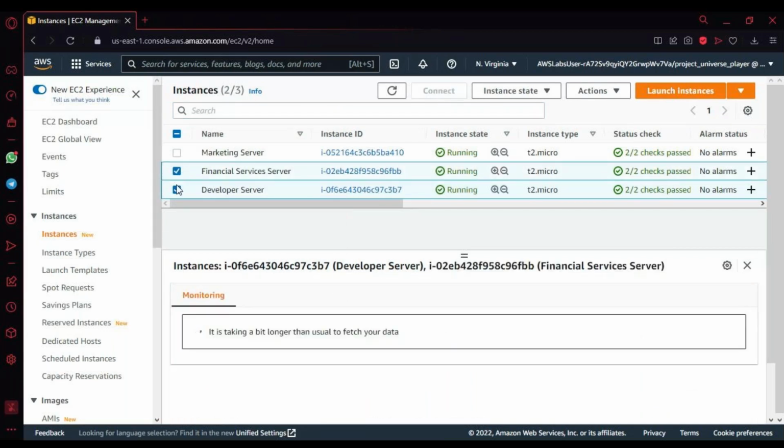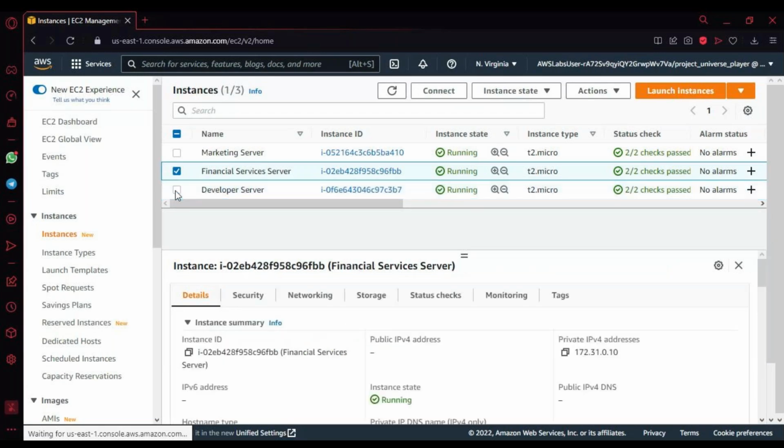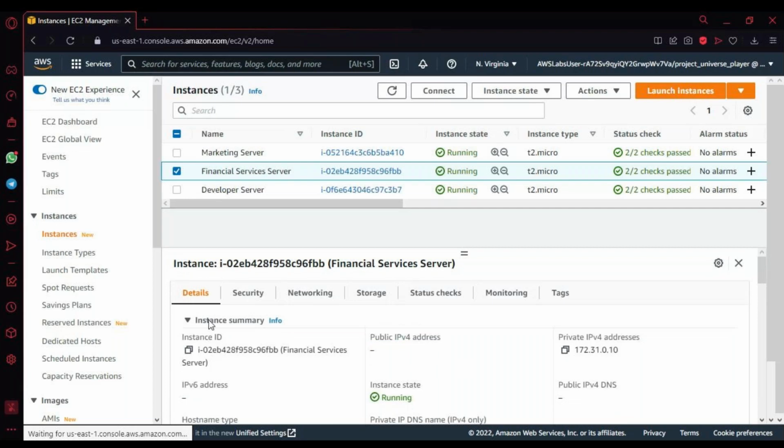My system is a little slow, so we need to wait some time. As you can see, this is my instance. Under the instance summary info,